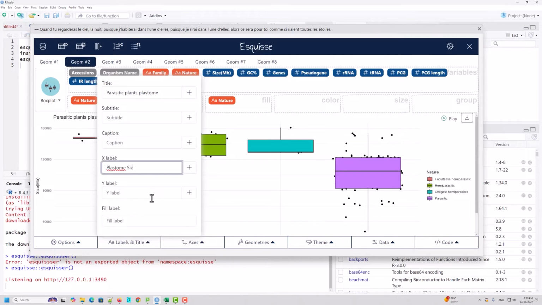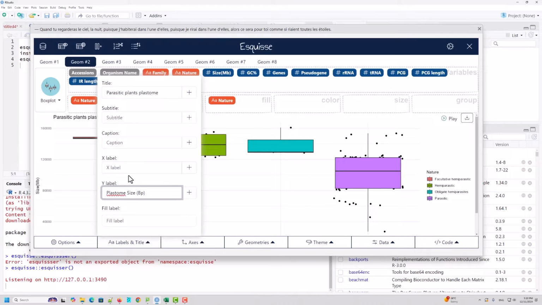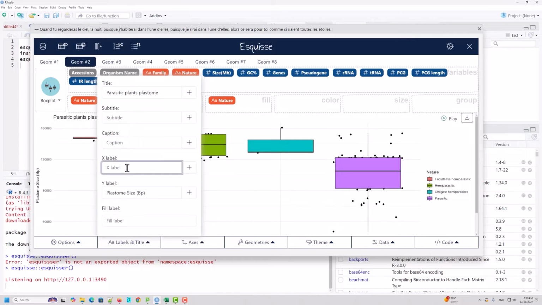Plastome size. Okay, and then we can say that in MB, or this is not in MB, so we will say base pair, BP. So now this is the x. Sorry, the x axis is not like this. This is the y axis. The y axis shows plastome size, and on the x axis we will